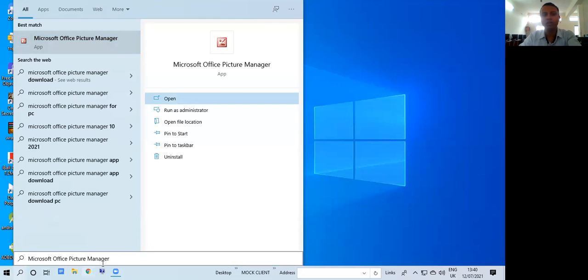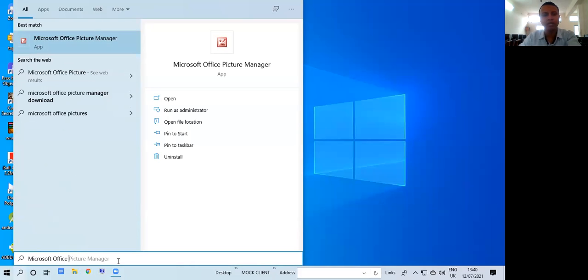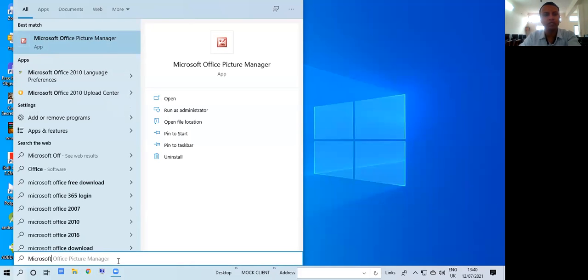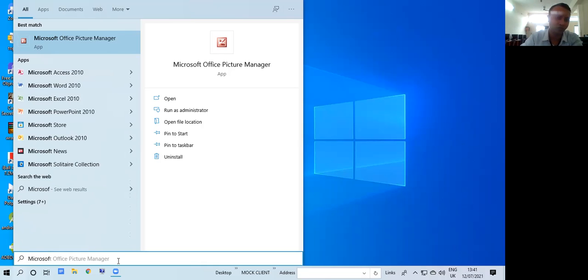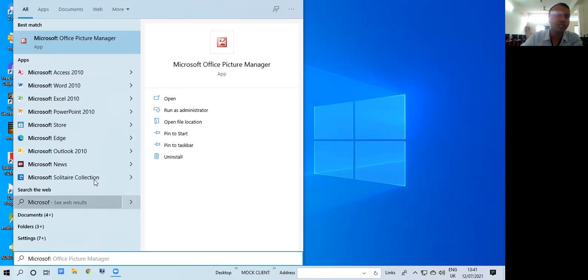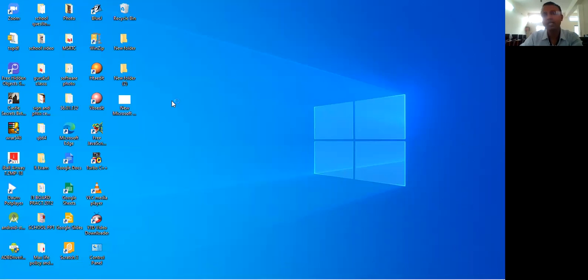For the automation of typing, you can use an arrow key also, like this. I have just typed Microsoft. And you can see all the Microsoft related applications will be open here. So if you want to open an Access blank document, click on Access. If you want an Excel blank document, just click on Excel. So here we want Word. So we will just click on Word or click on the Open command. So this is the second method to open the blank document.